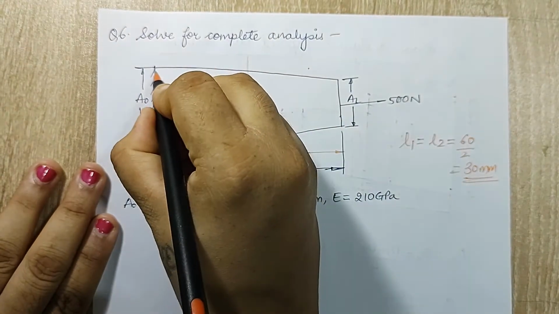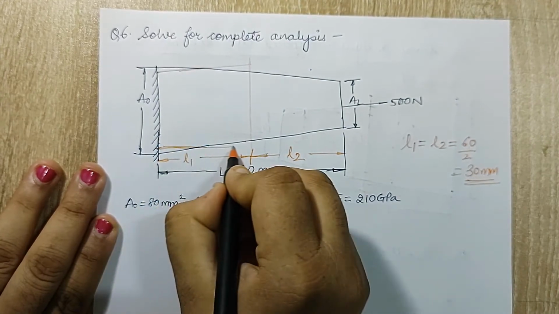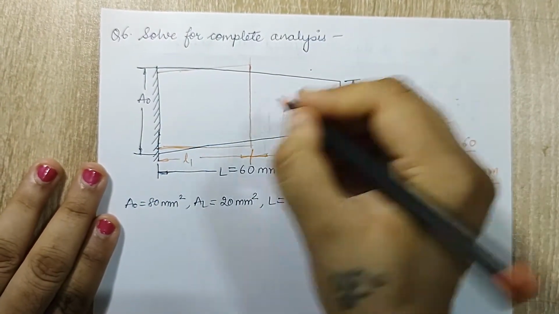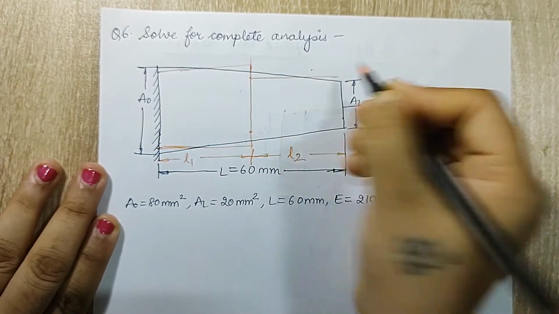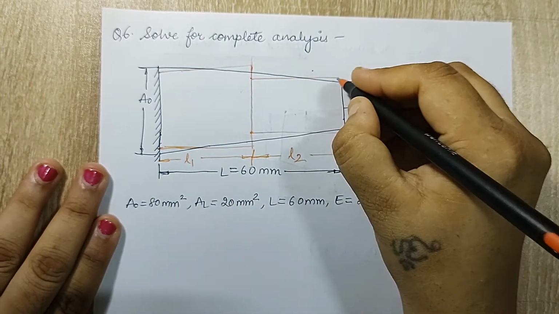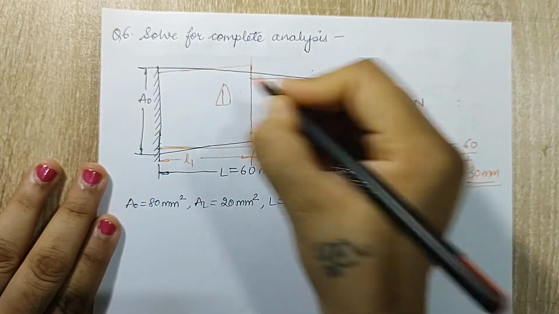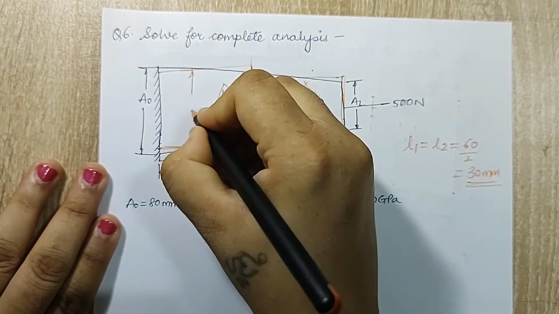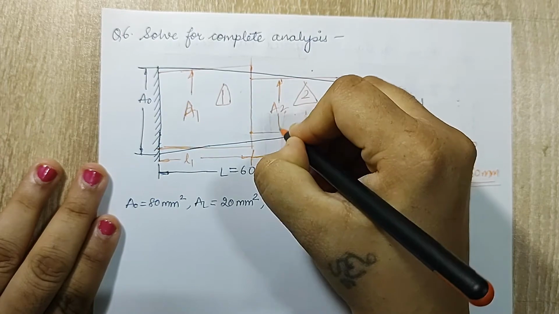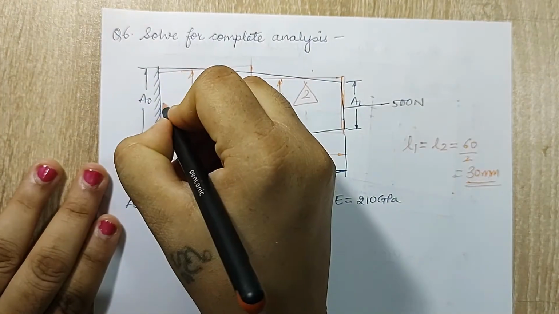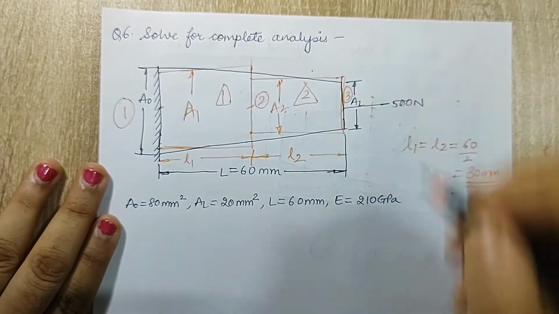Next, I'll go for drawing of the straight line, cutting this and joining here. Same way you should cut from here and join over here. This is my first step. Now I'll mark a point inside and a point inside. Then I'll mark a straight line up to the last part, and this is my second step. So this is my element 1, element 2. Here I don't have diameter, so I directly have area A1, and this will give me area A2. Also I need to mark nodes. So here I have node 1, junction node 2, and here will be node 3.